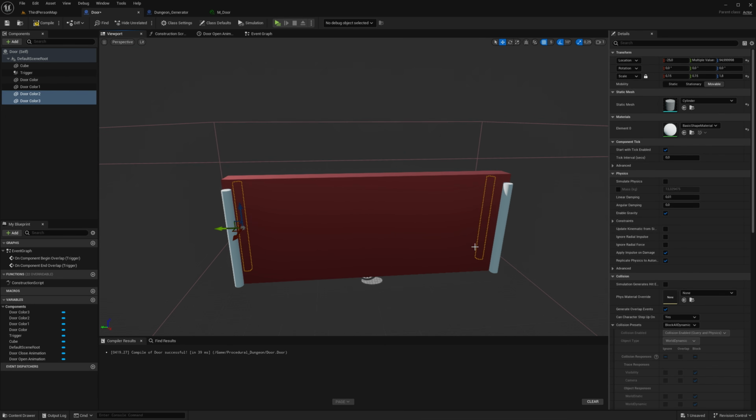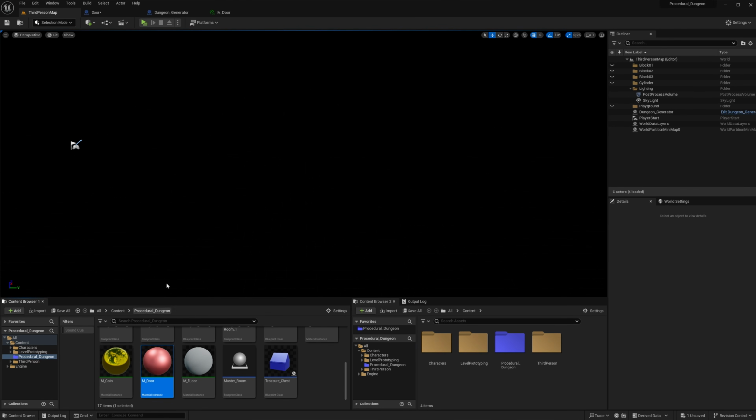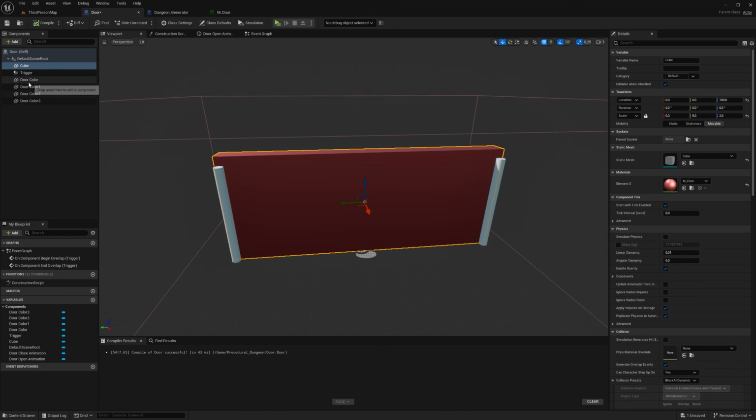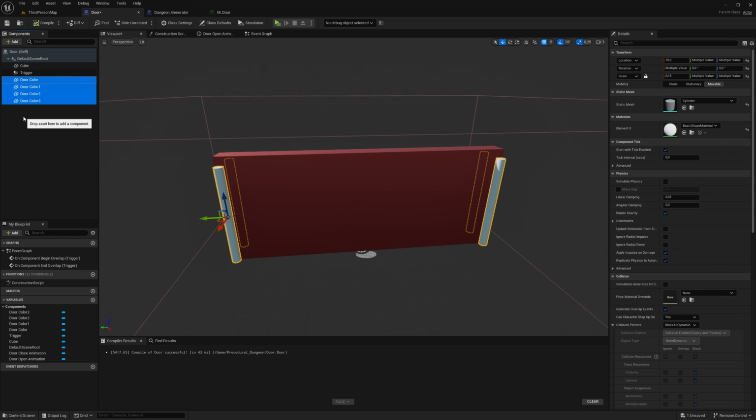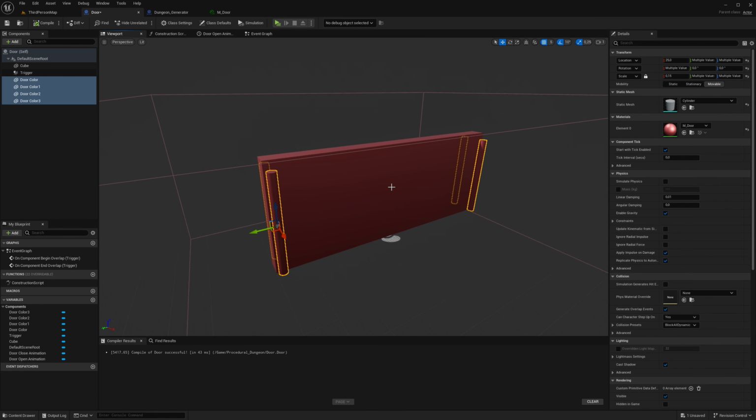So these would be the lights that indicate if the door is locked or if it is unlocked. And we will give this the same material, door. Select the door material, go back here, select the door color 1, 2, 3, paste it in like this.